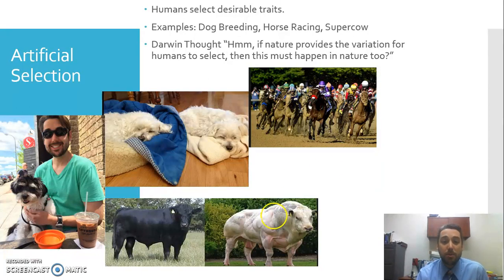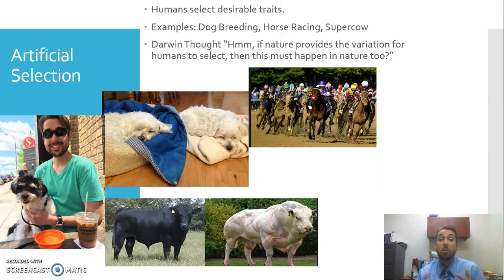But we have this idea that we're choosing traits that were desirable or that we wanted. And people have been doing this for centuries, if you will, right? Thinking about how do we build a better cow? How do we get one that has nice beef? We have our Angus beef cow, but then we have the super cow. This is not Photoshop. This is a real cow. So we can get more meat to make more food and maybe make us some more money.